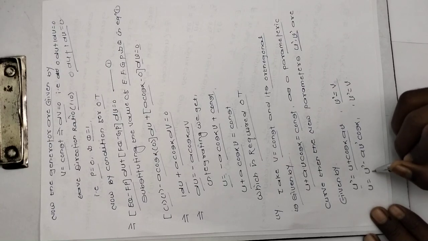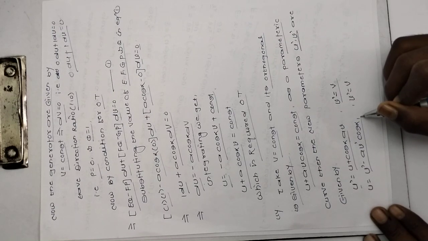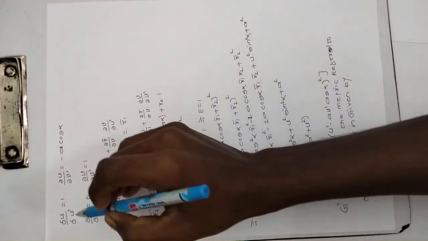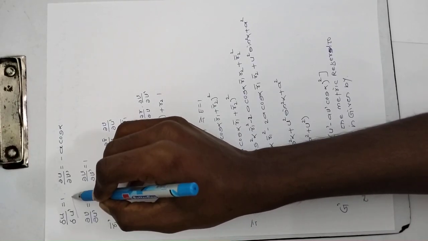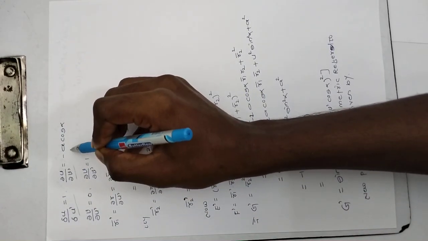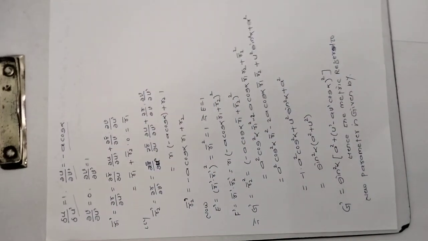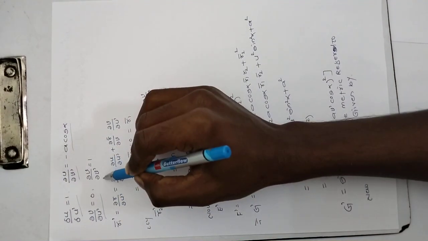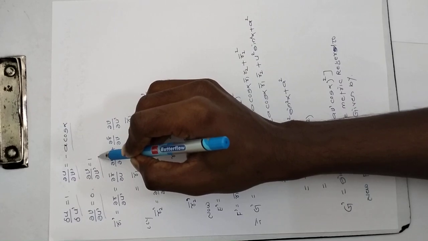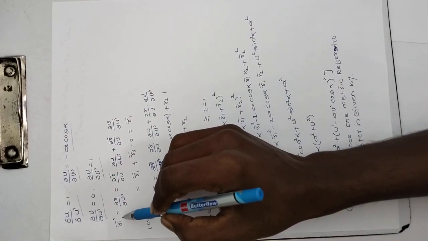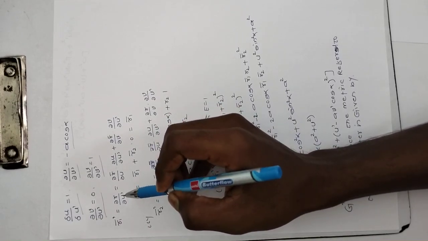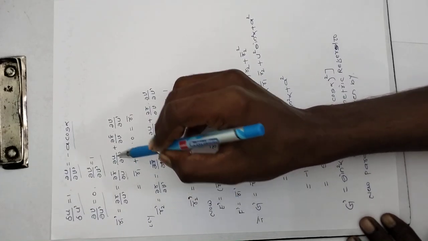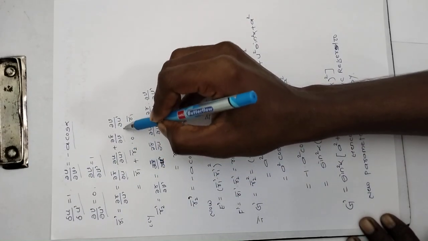so U is equal to U dash minus A V dash cos alpha and V dash is equal to V. Differentiate the last term, so del U by del U dash is equal to 1, and del U by del V dash is equal to minus A cos alpha, and del V by del U dash is equal to 0, del V by del V dash is equal to 1. So we find R1 bar dash, which is del R by del U dash, by applying the chain rule: del R by del U into del U by del U dash plus del R by del V into del V by del U dash.